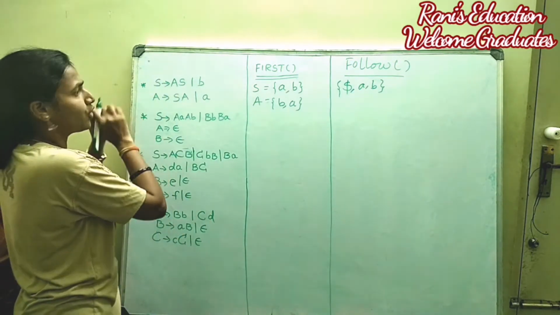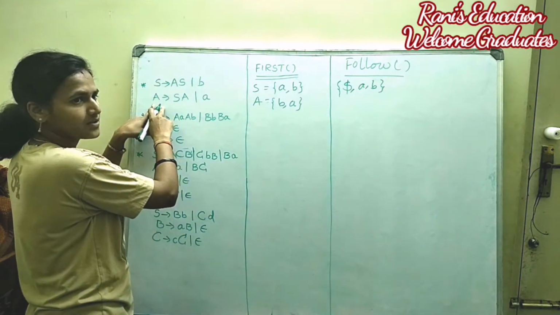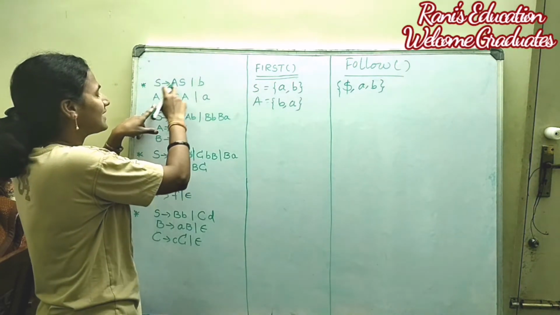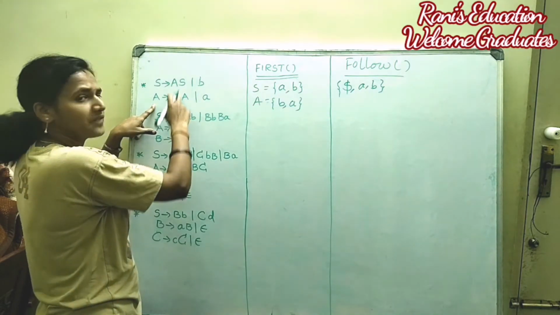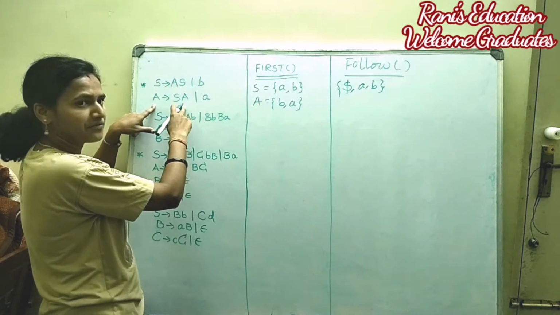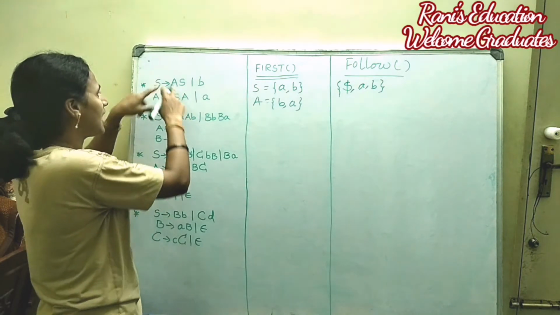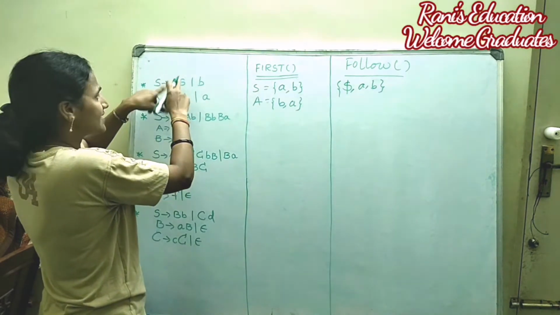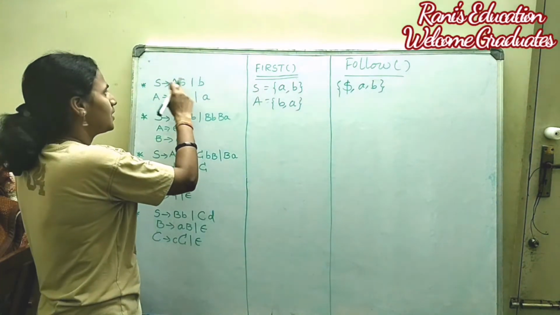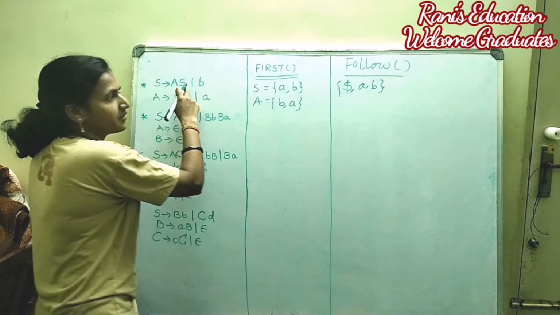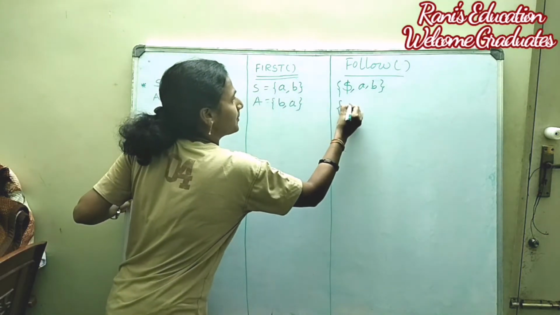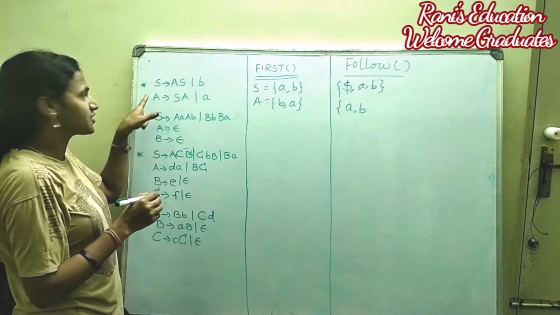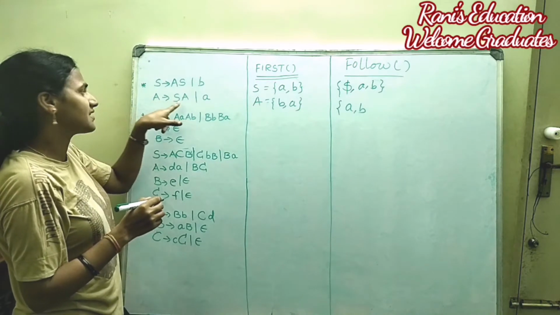Now move on to follow of E. So what is follow of E? Here A is not the start symbol of the grammar. So the second step is to check whether A is defined in the RHS of any of the productions or not. Yes, there are two such possible productions. In the first production, S → aS, what is the immediate grammar symbol here? What is first of S here? First of S is a, b. Right? Now go for the second production, A → aSA.